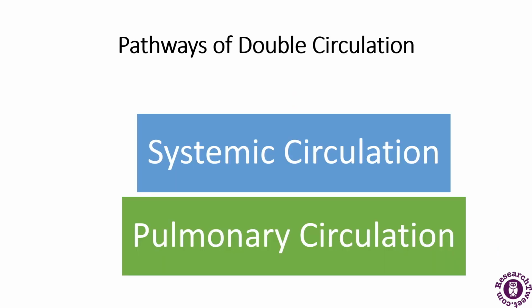Now, the pathways of double circulation. There are two pathways in which the blood flows. It is the systemic circulation and the pulmonary circulation. If I talk about systemic circulation,